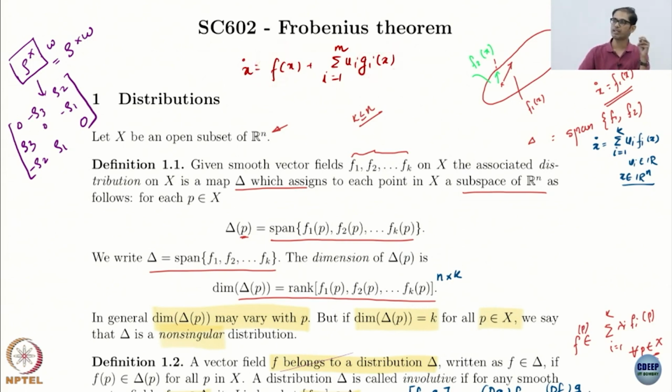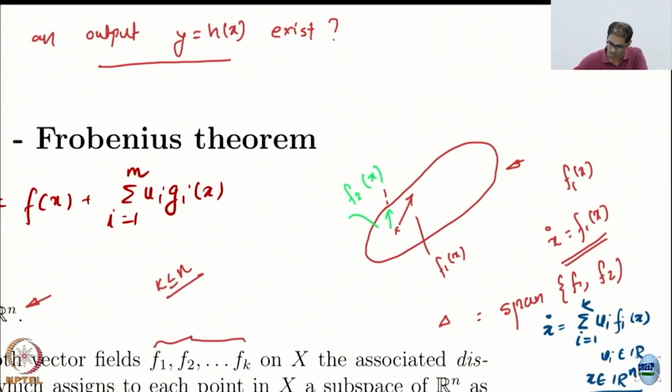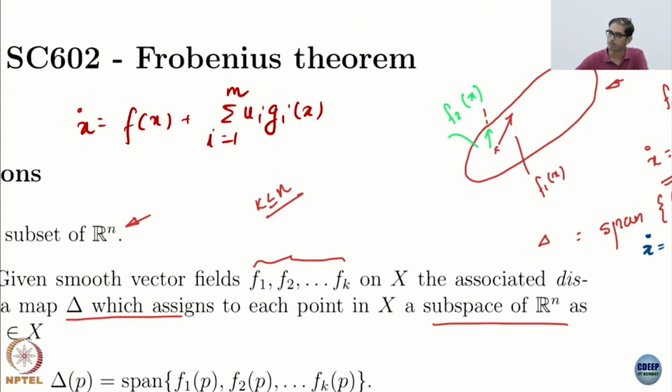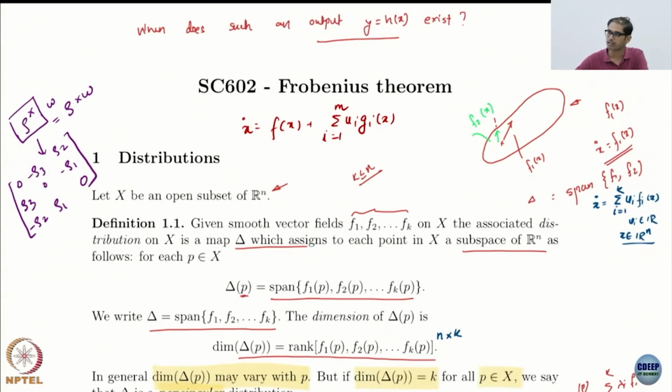We keep calling them vector fields because at every point in the state space, each gives you a direction. You take a point, f1(x) gives you this direction, say f2(x) gives this direction. What is a distribution? A distribution is just a span of these, the vector space that is formed by these. So if you have some k vector fields, then a distribution assigns to each point this subspace,